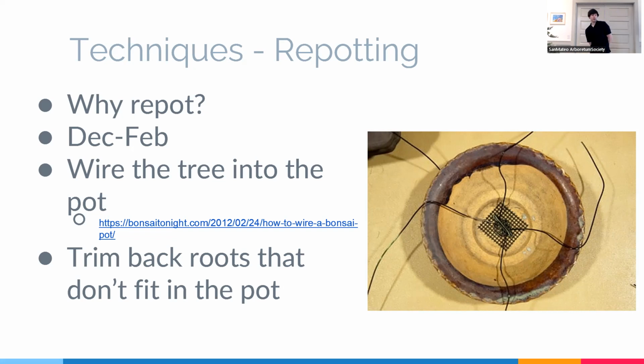For young trees, I kind of up-pot as I'm developing it every year, putting it in a bigger container whenever it's root bound. For an older tree, there are a few reasons why you repot. One is aesthetic: maybe I want to put it in a better pot. You probably aren't doing that every year, but that might be your reason to repot that year. You might not cut too much root off, but you're putting it into a better container for the tree. The second reason is